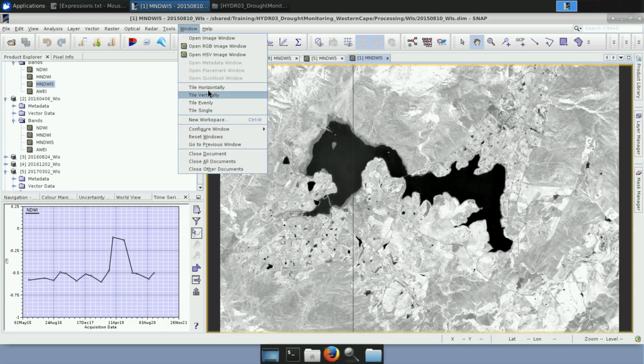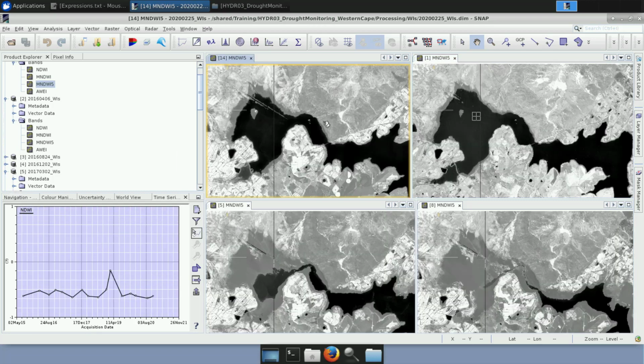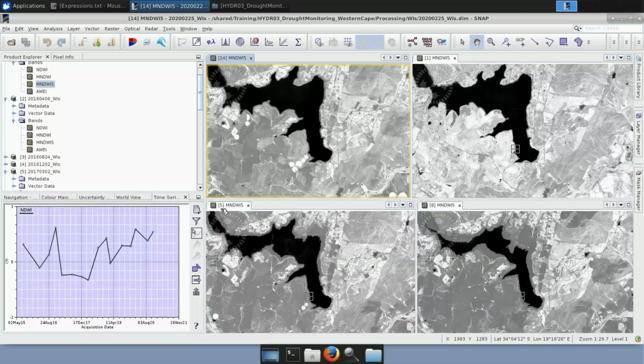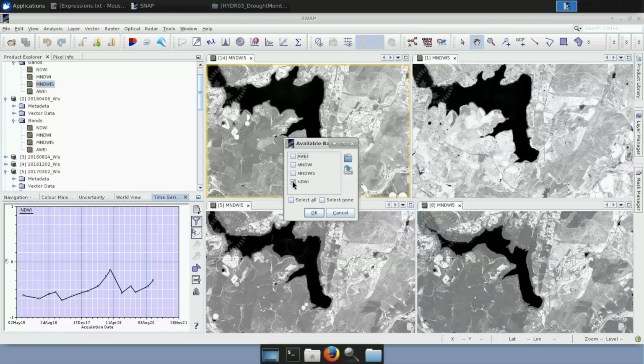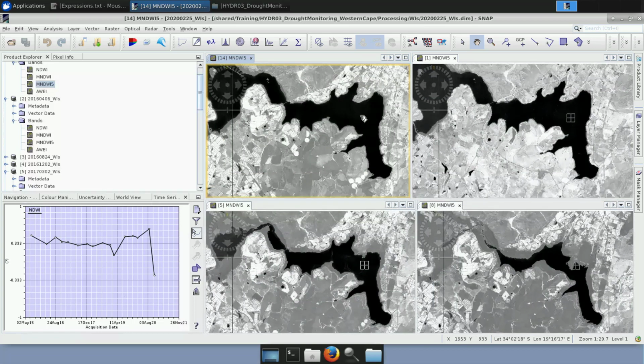So I will go again to tile evenly. And now here in this filter band, you just deselect NDWI and you select modified normalized water index. You click OK. And now when you move our cursor again